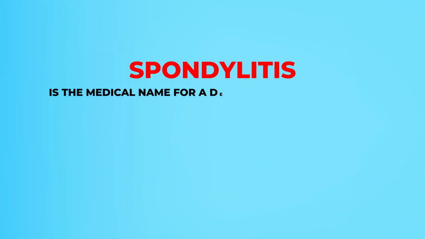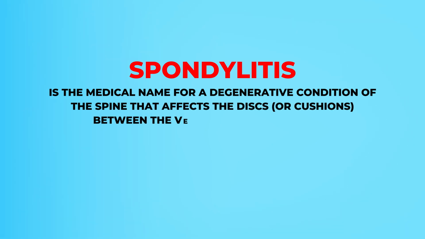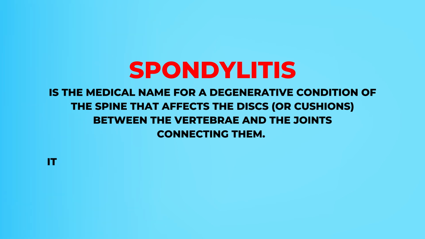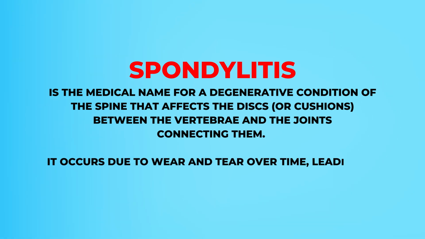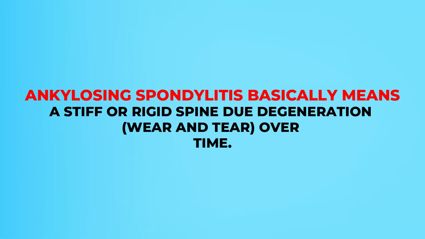Now, I find it helpful to break down a medical term into its parts first, as this can be quite eye-opening in and of itself. Ankylosing means stiff or rigid. Spondylitis is the medical name for a degenerative condition of the spine that affects the discs or cushions between the vertebrae and the joints connecting them. It occurs due to wear and tear over time, leading to changes in the structure of the spine. So putting the two words together, ankylosing spondylitis basically means a stiff or rigid spine due to degeneration, wear or